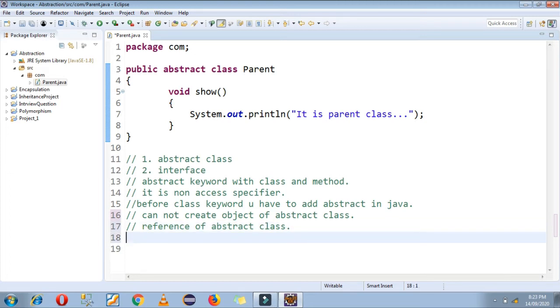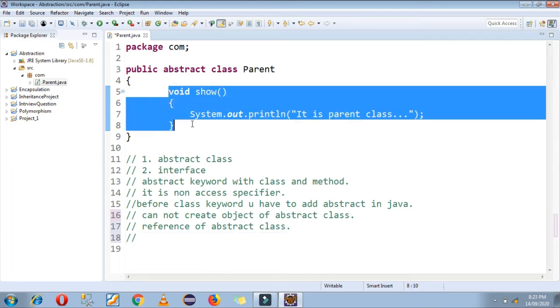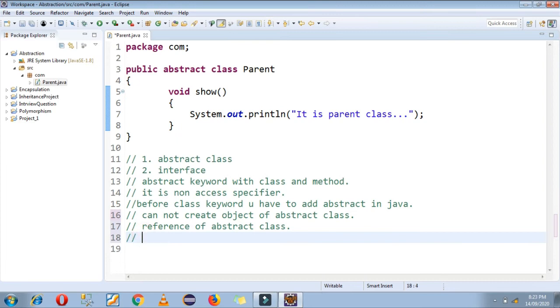You know how to create a reference of a class. If you are not able to create an object of your abstract class, then how can you call the function declared in the abstract class? That means you have to create another class to call your function which is defined in the abstract class.